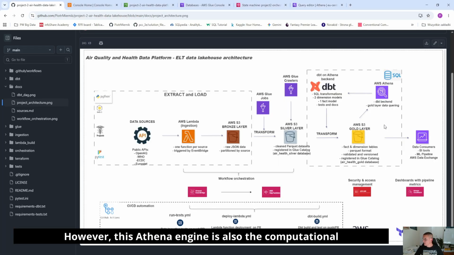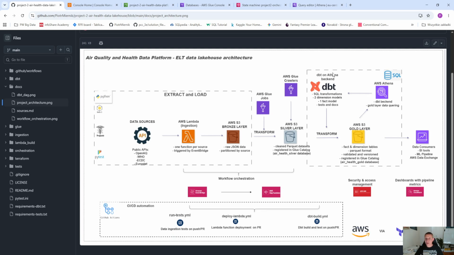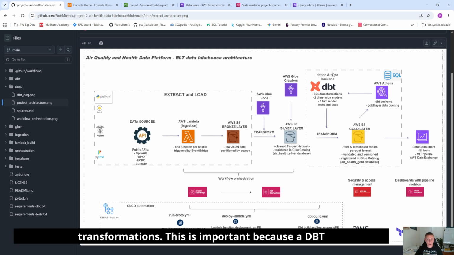However, this Athena engine is also the computational backend used for these dbt transformations, and this is important because dbt itself is not a compute engine. dbt generates SQL models and orchestrates SQL transformations, but the actual execution must be performed by an external analytical engine. And in this project, Athena executes SQL queries generated by dbt against datasets registered in Glue